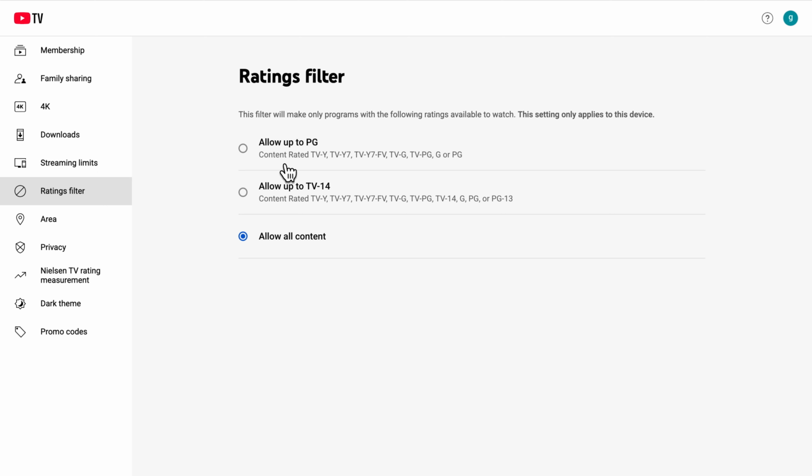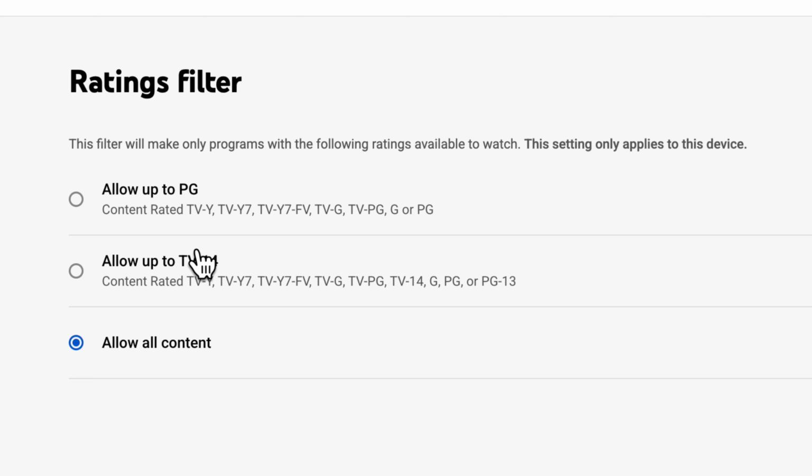And then here on the first choice, allow up to PG, PG means parental guidance. So if you turn this on, then all the channels or programs that are not suitable for children will be blocked or hidden. And if you do have children under 7 or 9 years old, you can choose this